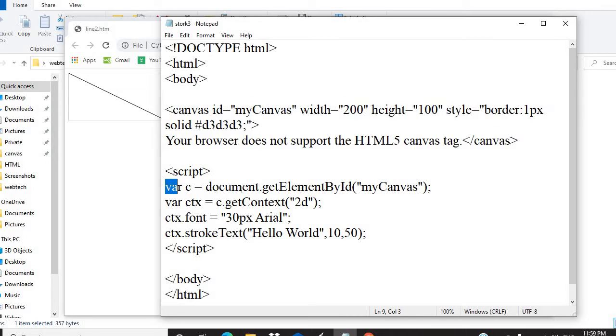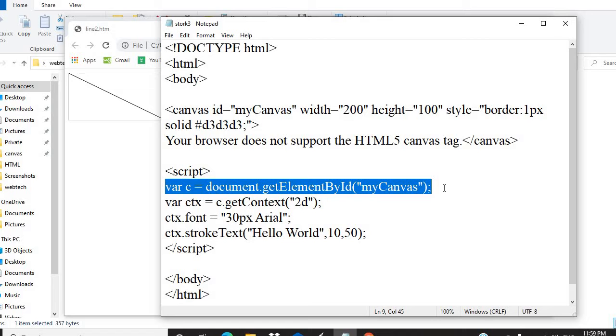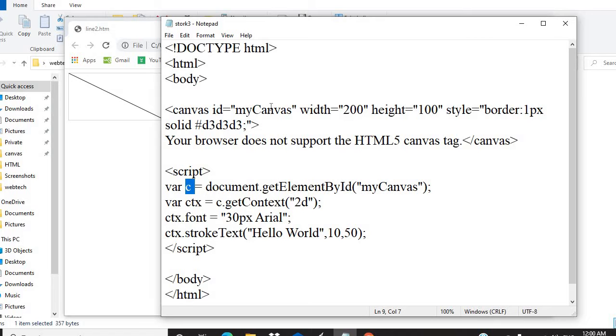After that, this is my function. The name of my function is getElementById. So through ID, the ID name is my canvas. Through this variable c we will fetch that element, that is, the rectangular box we will draw on my page. After that, I want to draw the 2D shape. Now over here, the font property we are calling. Through this variable we are setting the font. So this is my font, an Arial font, and the size is supposed to be 30 pixels.